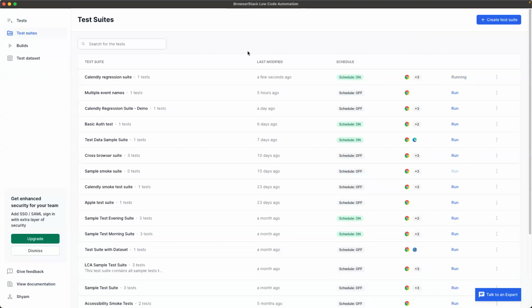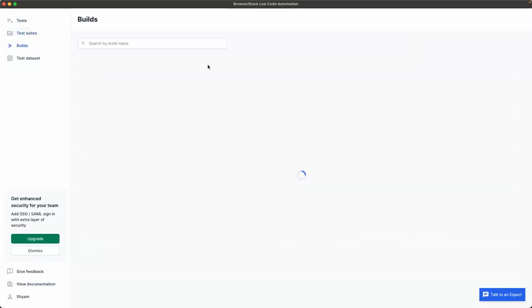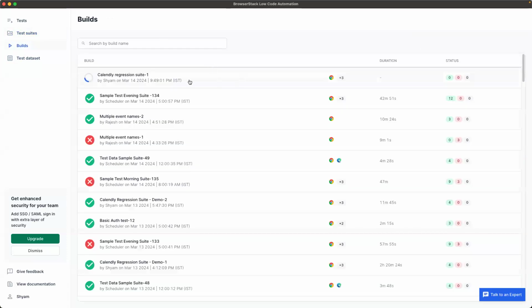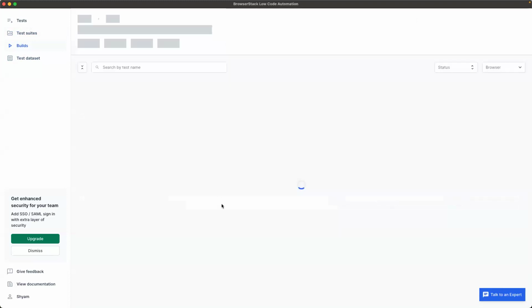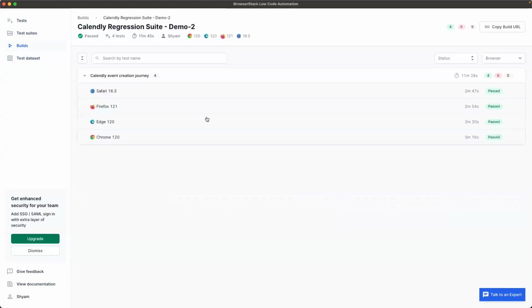Let's go to the builds that got triggered. So you can see this is running, but I have created a similar test and run a build before. Let's go and view that build. So you can see the browser versions on which it executed. You can share the build URL with anyone in your team. Even developers can come and view this build. Let's look at one of the